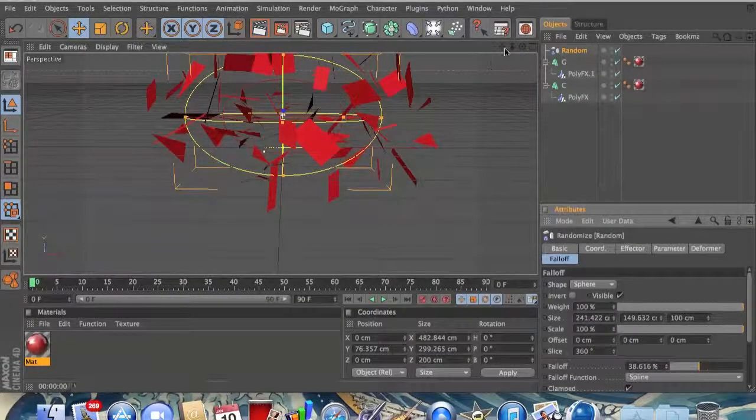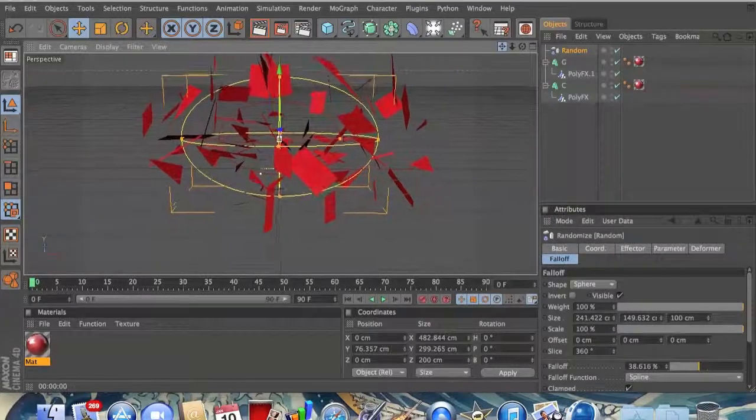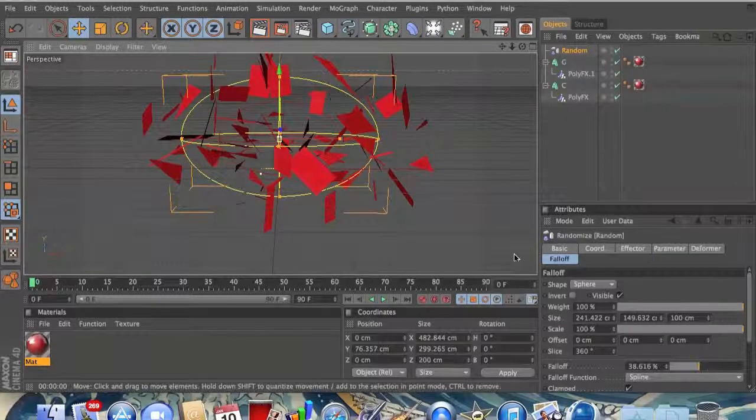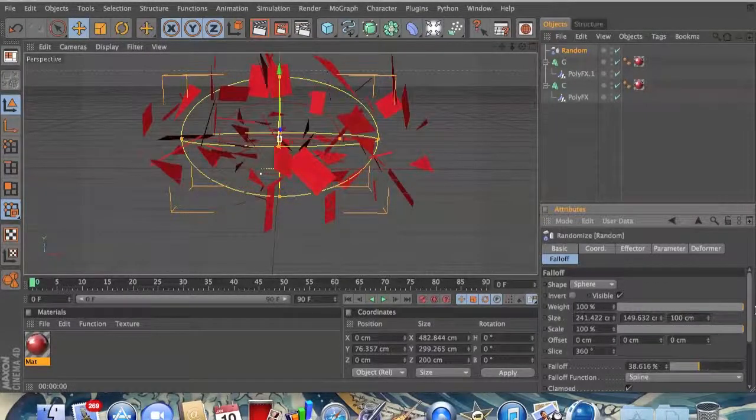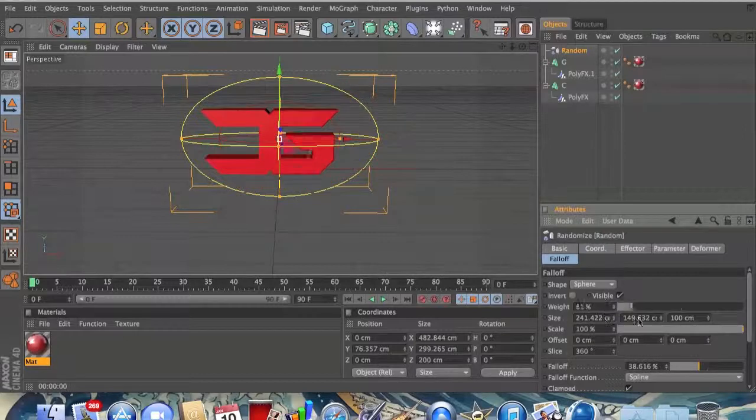But so alright, then you want to go back to your random. So click on your random if you don't already have it clicked, and then go to, alright, so on your weight, you see how when you go like that, and then yeah, so